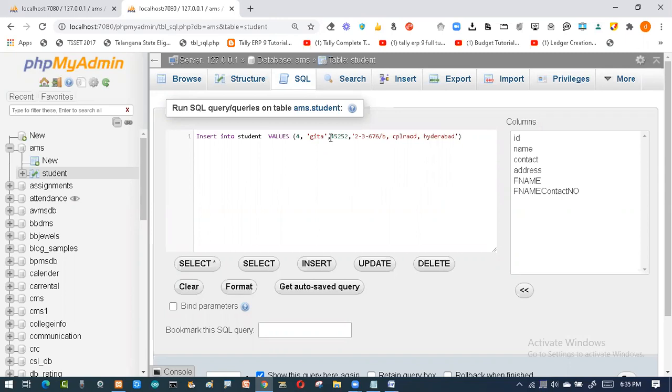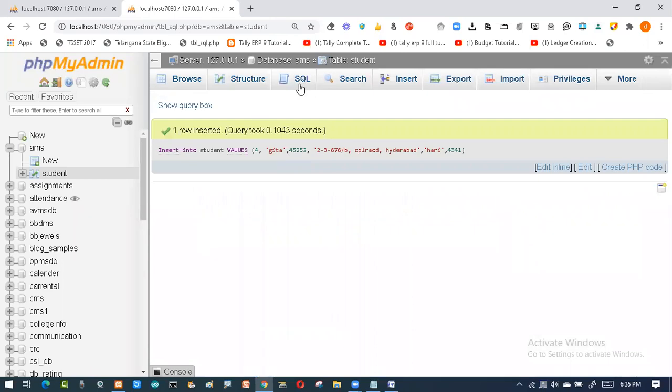Then I have to enter the father's name, say Hari, and then the father's contact number. Then I have done it like this. So I enter, and the record has been inserted.